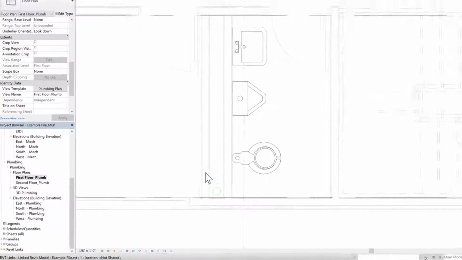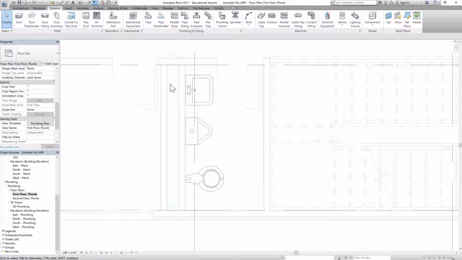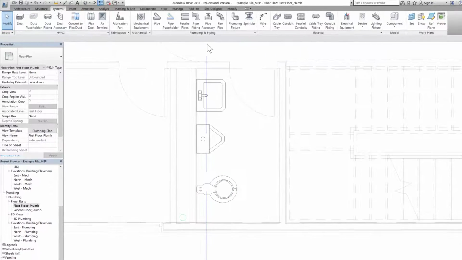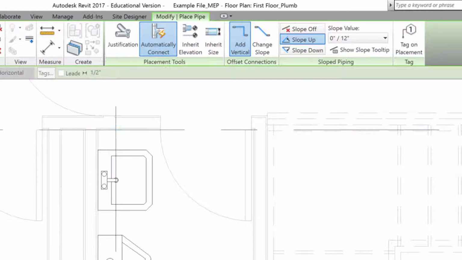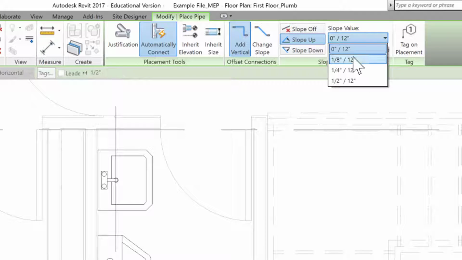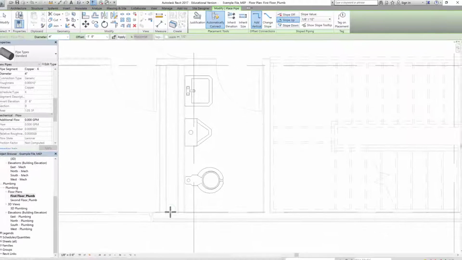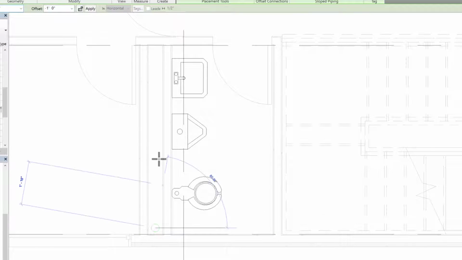So now it's time to draw a horizontal pipe. Now this horizontal pipe will be sloping up so that the drainage can slope down to this pipe. So let's go to pipe and click on pipe. I'm going to draw a 4-inch diameter pipe. Let's change offset to -12 inches. On first floor, let's switch on slope up because we're going to draw slope up this way. Let's select a slope of 1/8 inch in 12 inches,